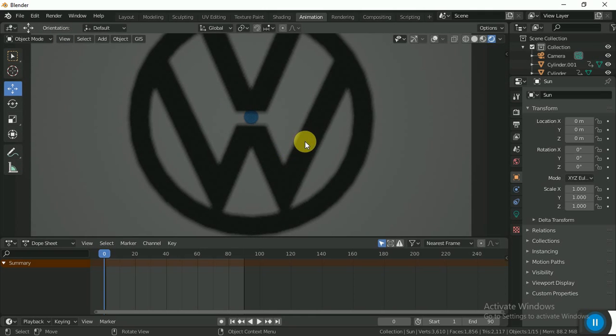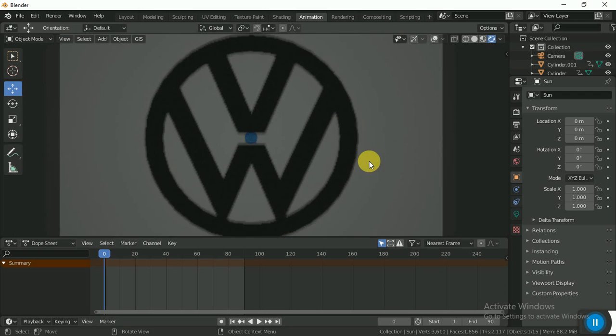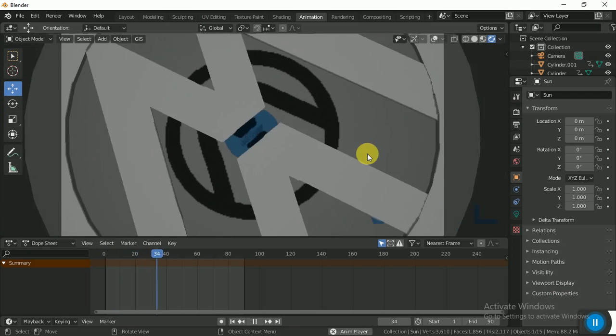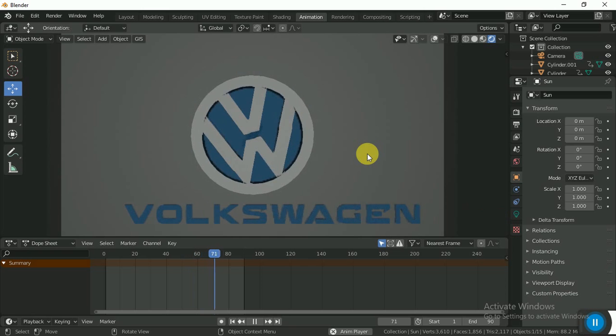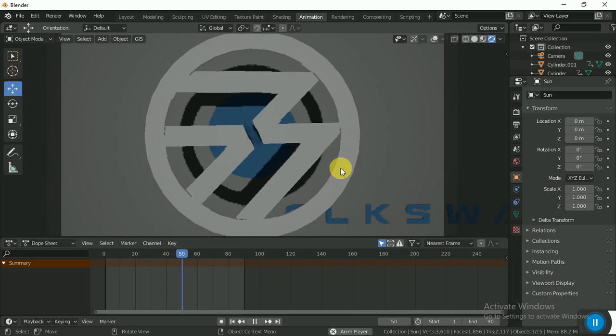Okay, active camera, this is our shadow. Right there, it's good. Okay, now our shadow is moving. There you go. That's our animation in